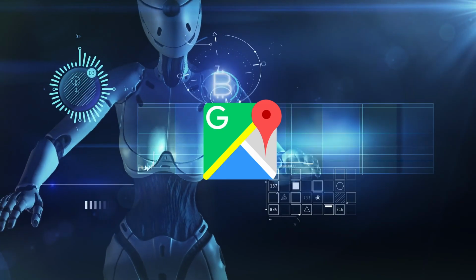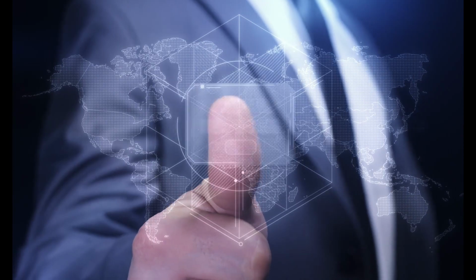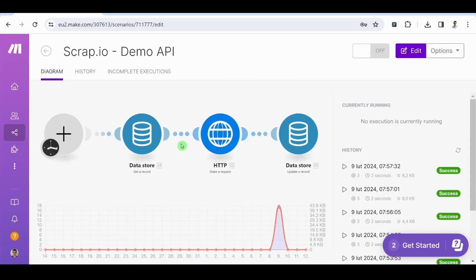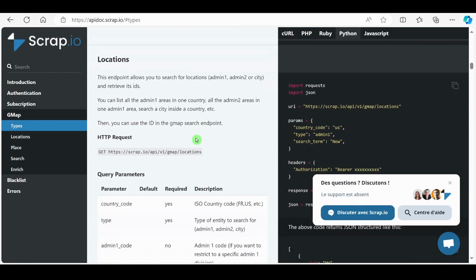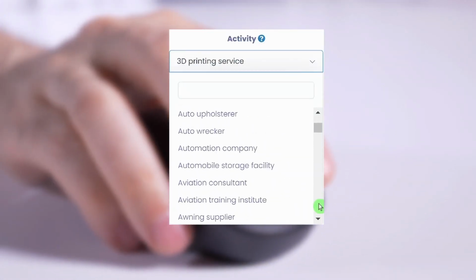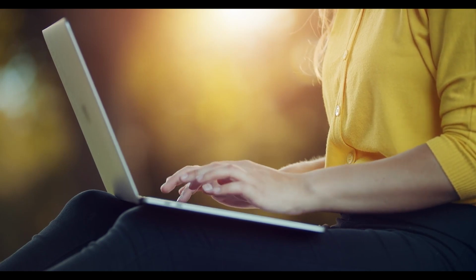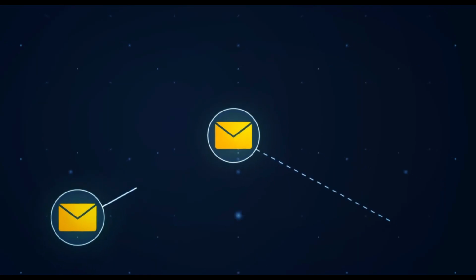Connecting AI to Google Maps is finally possible, and it opens a whole set of possibilities. At Scrap.io, we have created a Make model plugged into the Scrap.io API, and with it you can extract any Google Maps category in a few clicks. You can also make your own criteria, implementing your own filters: location, Google Maps reviews, presence of an email, and